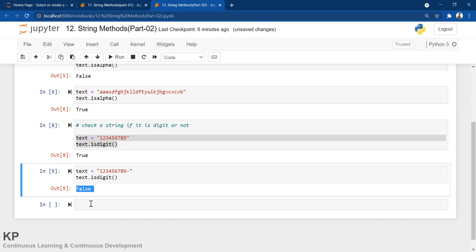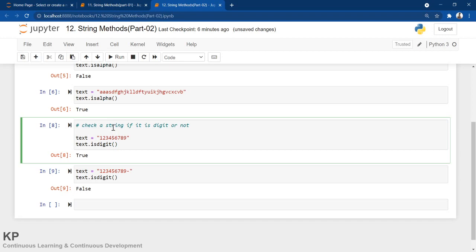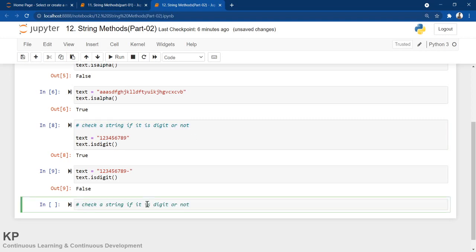All right, so now let's proceed again. There is one method to check if everything is in lowercase, that is lower characters or lower alphabets, I mean small case. Let me copy. We are going to check if a string is in lowercase or not.